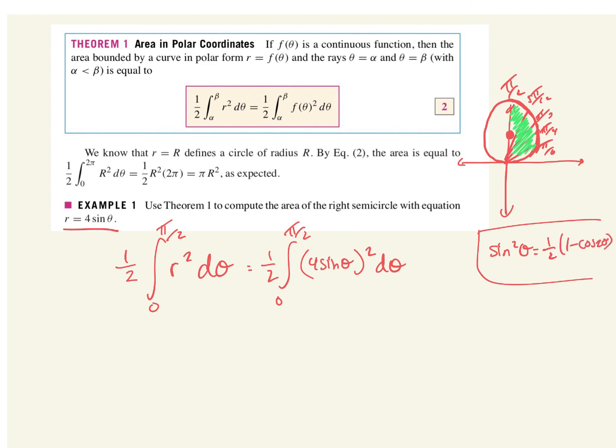Think about your identities and think about the ones that are very easily integrable, right? I don't want to have a u-sub or a chain rule if I don't have anything to work with. So if I substitute that, I can integrate cosine 2 theta no problem with my linear chain rule. Now this is equivalent to, remember the 4 gets squared, so that's a 16. So I really have an 8 out in front, from 0 to pi over 2. And I have inside a 1/2. I could put the 1/2 with the 8 as well. 1 minus cos 2 theta, d theta, which integrates to